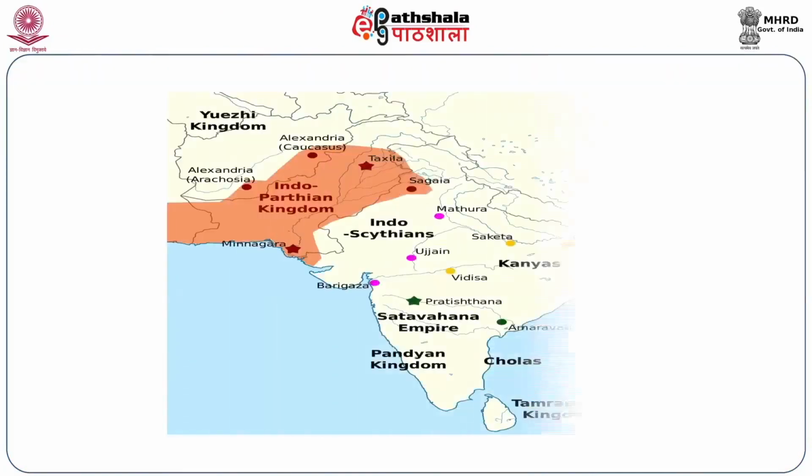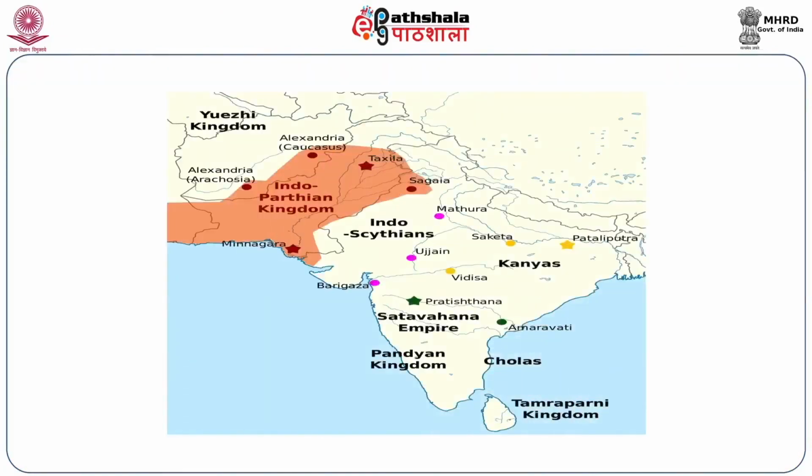You can see in the map the Indo-Parthian kingdom, and if you compare it with the Indo-Scythians, you will find that more or less the same territories were under their control. So we have a part of Arachosia which was later on taken away. Then we have Taxila, we have Shakala, that is Sialkot, then we have the Kabul Begram region, the region to the west of the Indus, and we have the lower Indus country within the territory of Gondophares.